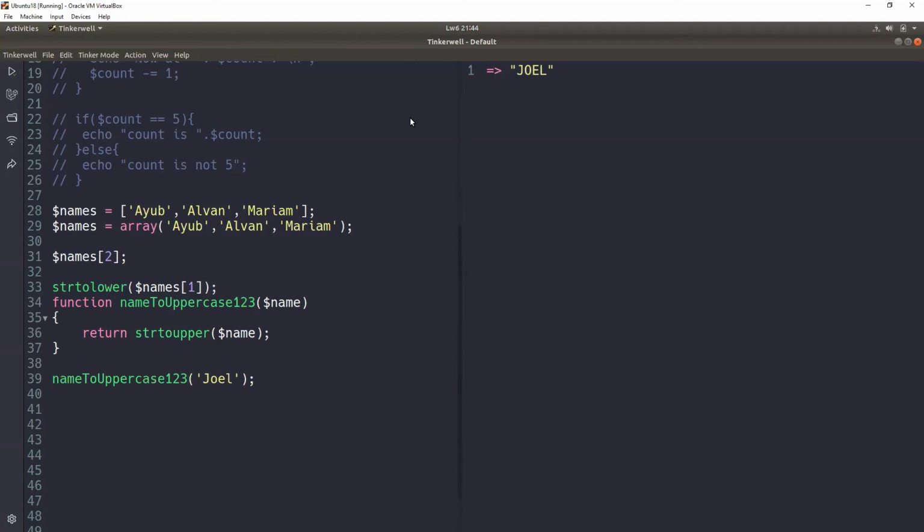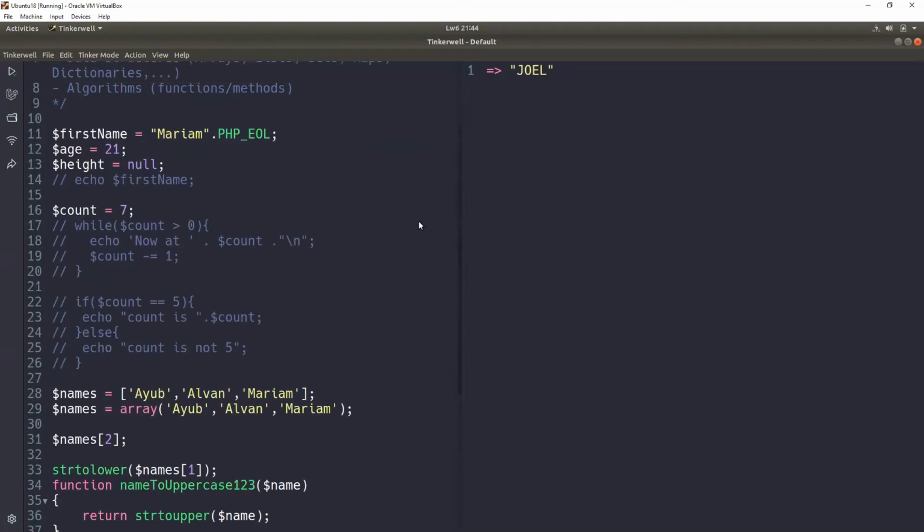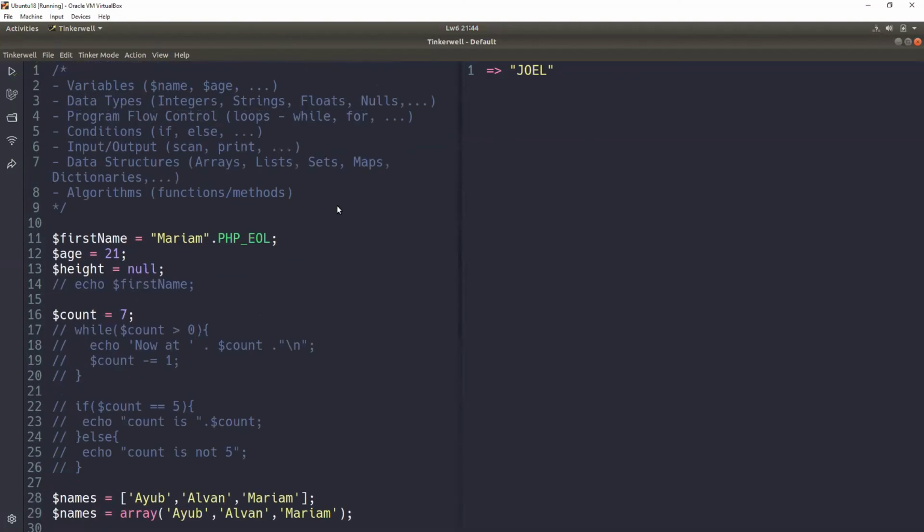So we can use an array to represent a map. We can use an array to represent a list, a set, a dictionary, anything. So you just use an array to create a list.